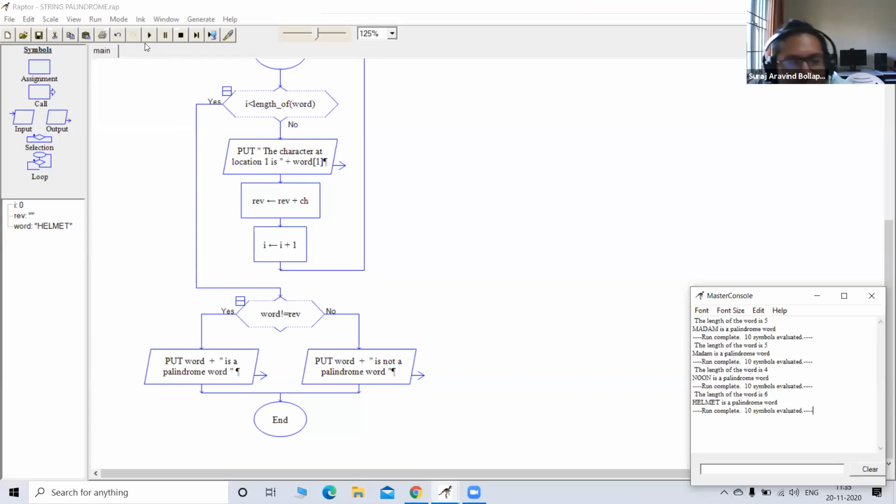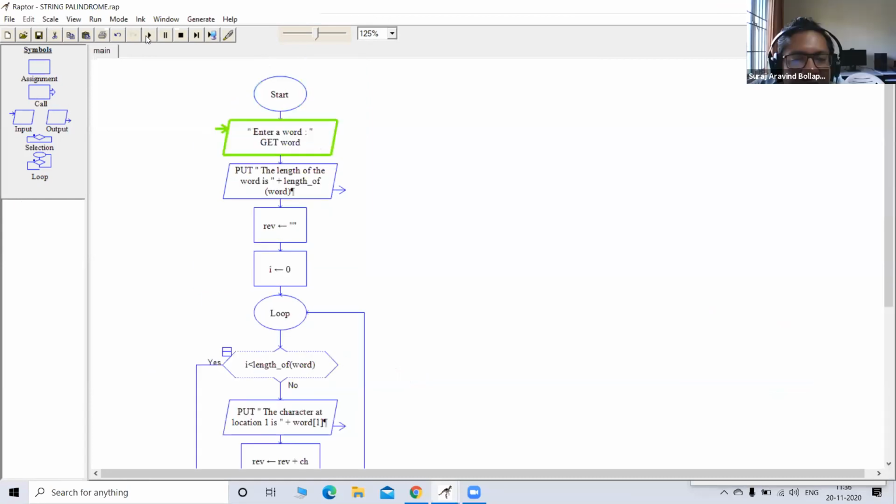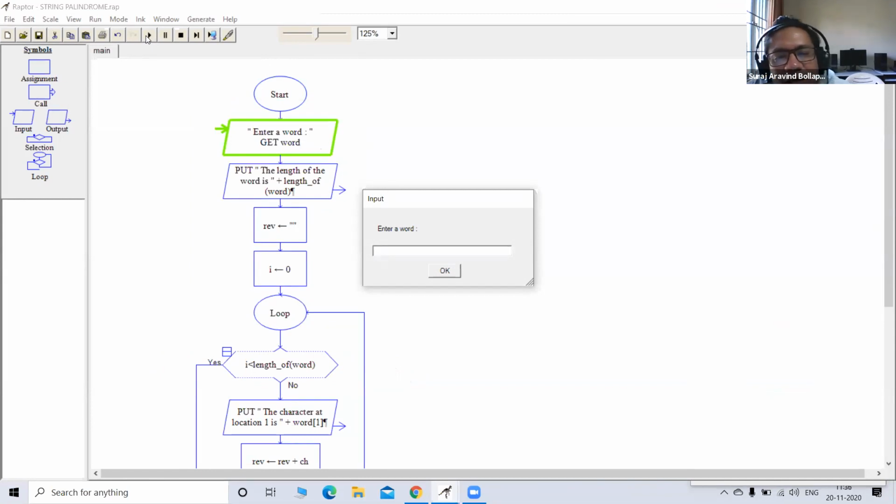If you observe REV, it is always empty. Did it change earlier? I did not test it. Give input again, some word. Actually, in the if statement, it should be word equal to reverse, no? Let us give a non-palindrome word, any word, and see. The condition that you are checking at the end, the variable REV, is always empty.